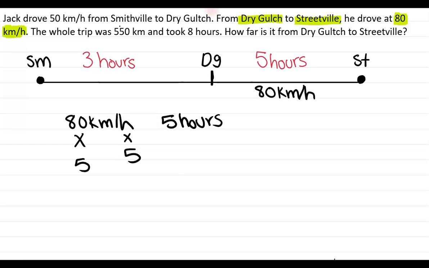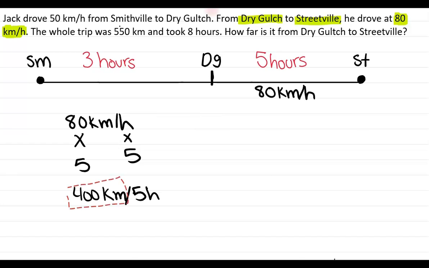So we have 400 kilometers every 5 hours. And this is the distance from Dry Gulch to Streetville. So our answer is 400 kilometers